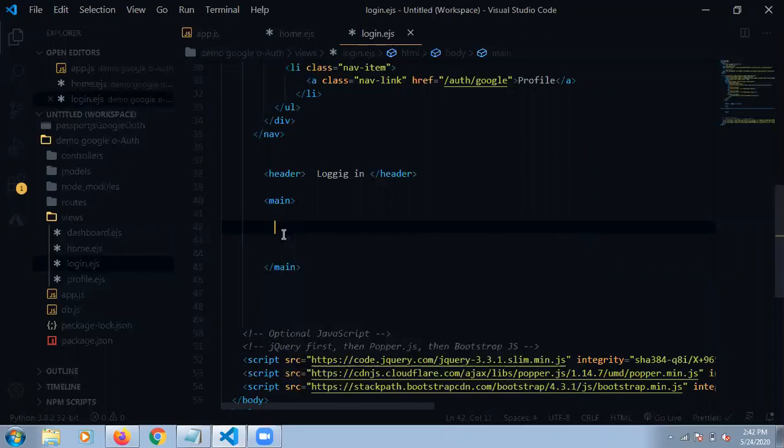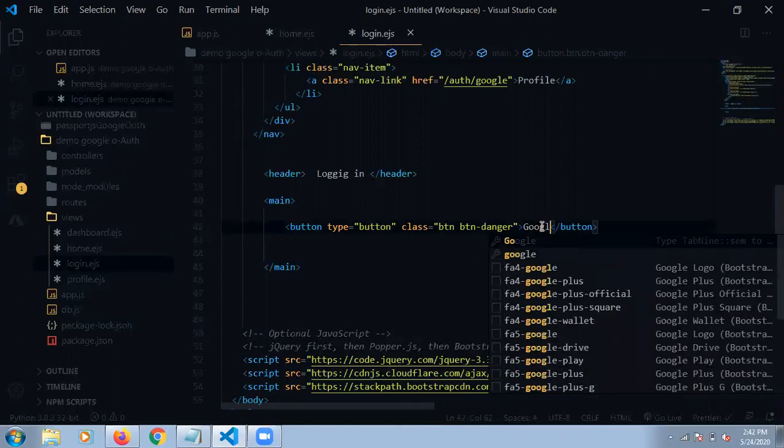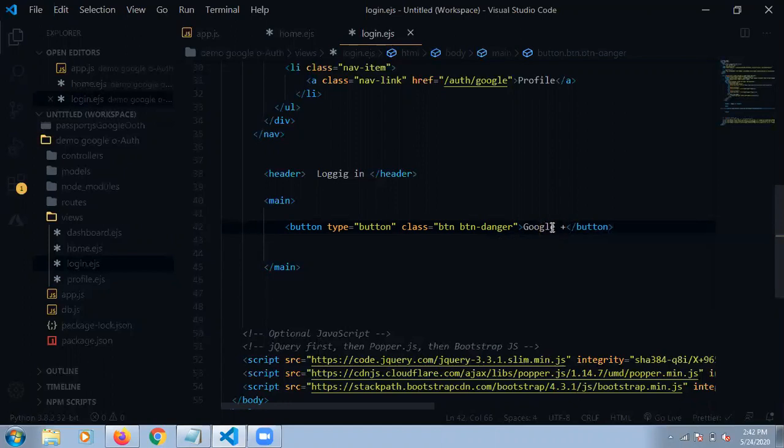Already we mentioned this in the header file, so no need to explain anything here. We are just pasting in the button. In the button class, it is a Google button, so we are using Google Plus. Okay, so our button is ready. We can see our output also here. Just let me load it.